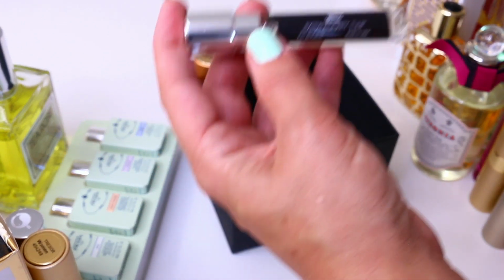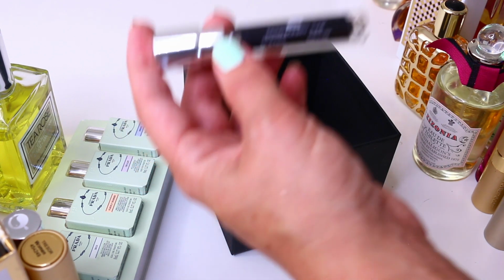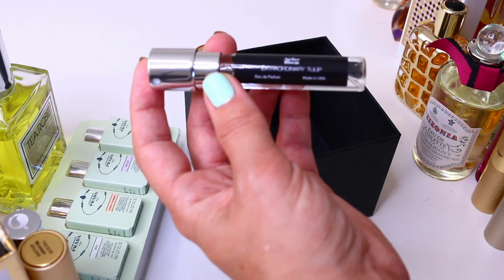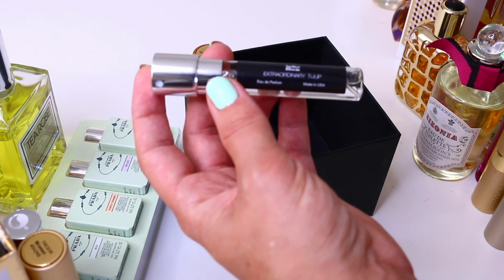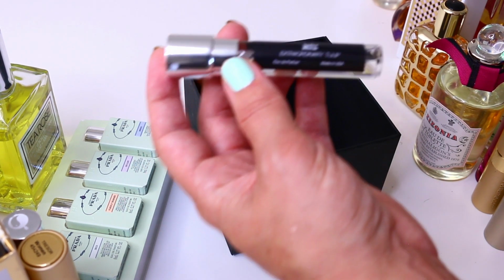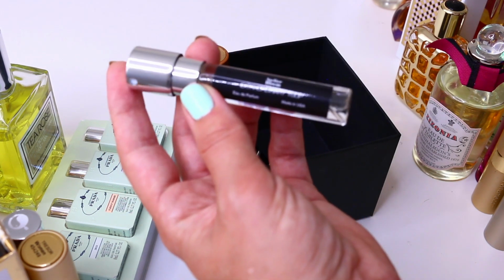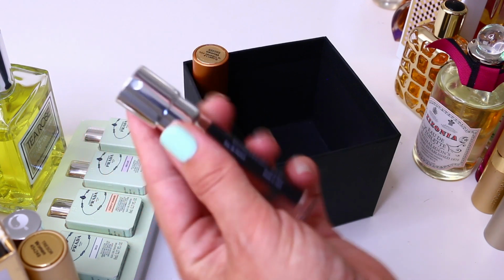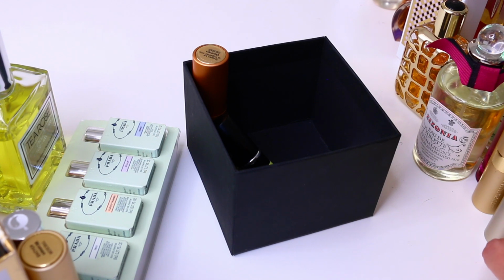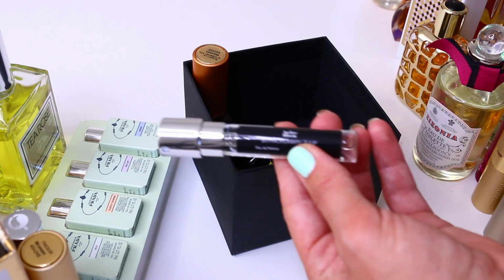So moving on. My second decant of Atelier Bohème Extraordinary Tulip, the best tulip on the market. I am crying every night because I can't find a full-size bottle for a reasonable price, and with my expenses when it comes to fragrances, the price is a concern because I'm buying a lot of fragrances, guys, to review. So far I just keep getting decants from Scentbird and hoping that one day Atelier Bohème will see that I made a dedicated video for their brand and will